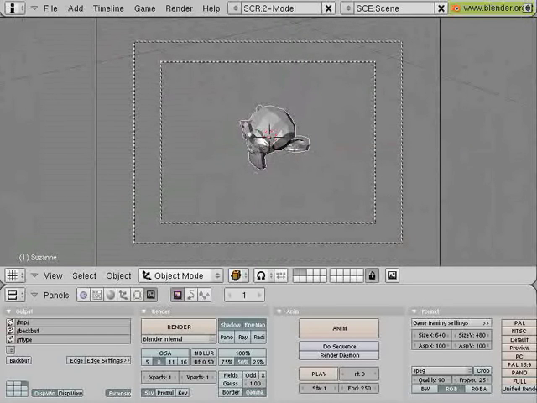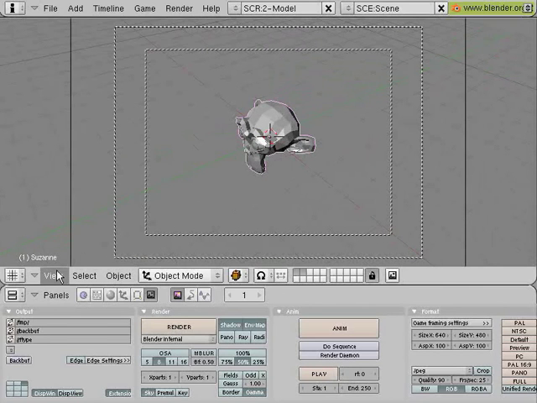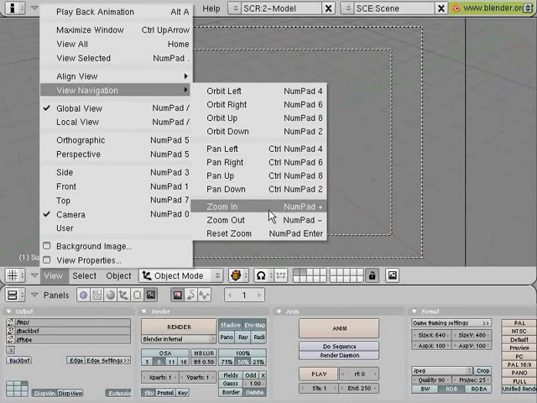Okay, so now, as far as the things I've been talking about, I've only been telling you the hotkeys. Just remember that everything can be accessed through here, even zooming in if you wanted to. Of course, this is a terribly slow